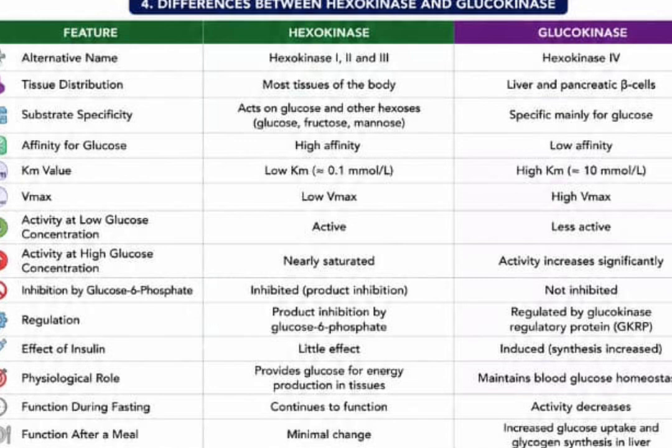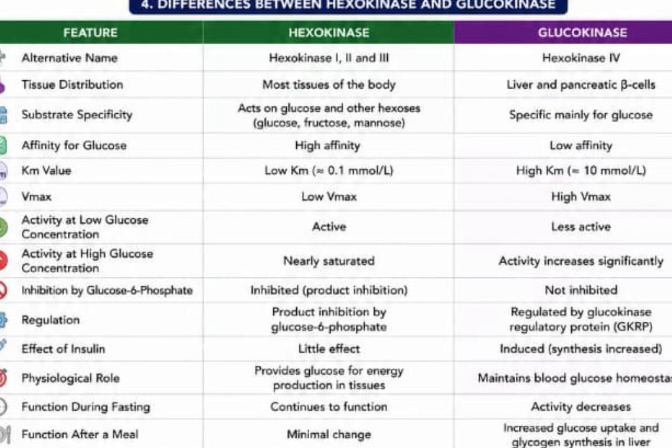So the next one is what? Km, that is the Michaelis constant or Michaelis value. So hexokinase has low Km. Why? Because of its affinity. It has high affinity for glucose, which means it has low Km. So a small amount of glucose can bring forth hexokinase, which means it has high affinity, but it has low